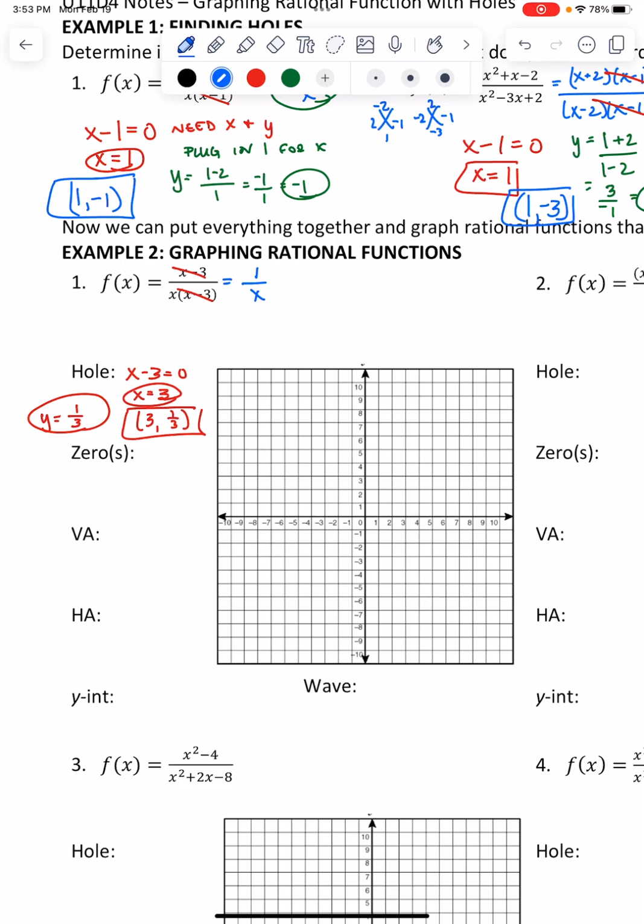And then we find zeros. Remember, zeros come from the top, so the top equals 0. So we say 1 equals 0, which is not true, 1 does not equal 0. So that means this has no zeros, so we're not going to cross the x-axis. Vertical asymptotes come from the bottom, so x equals 0. Done. Easy. Horizontal asymptotes, we look at the degree. You can look at what you have left or at the beginning, it doesn't really matter. So if we look at the degree of the top,